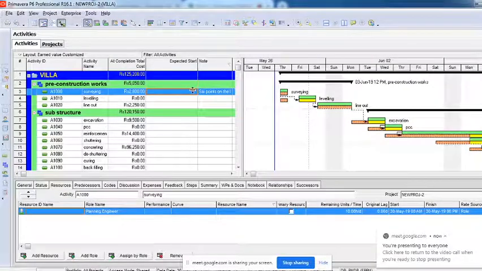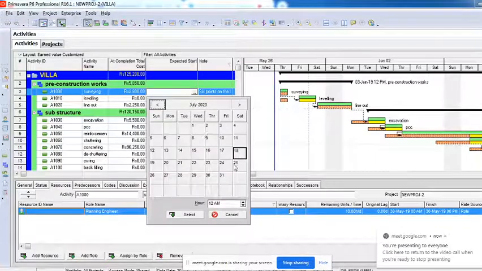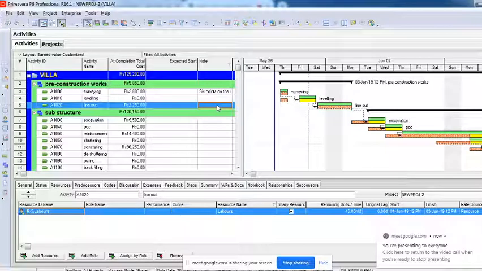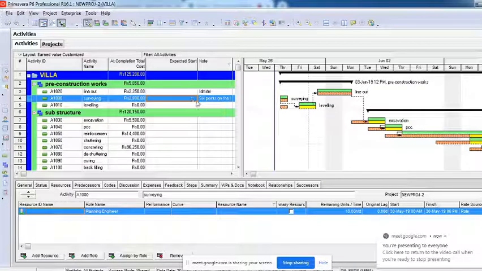Now if I browse this, you can see it is giving me a calendar. When I created note as a column, the input was text, so I can type, but here I created expected start with the data type start date.